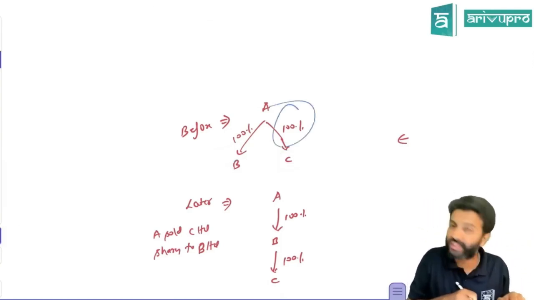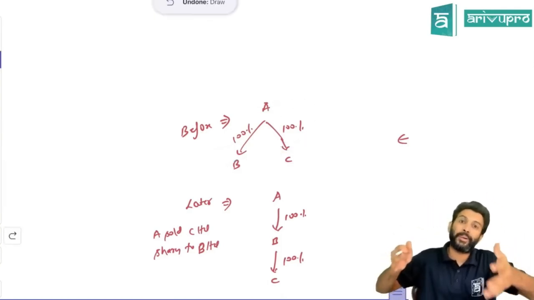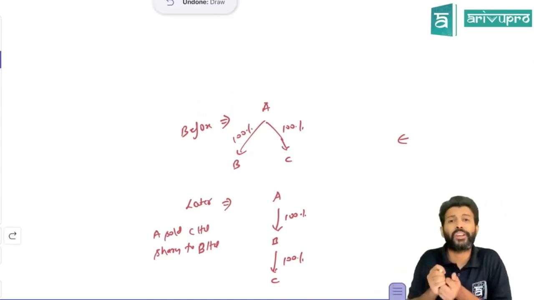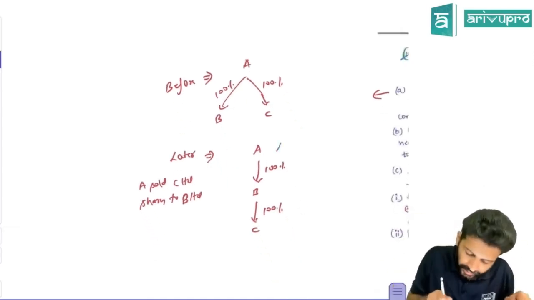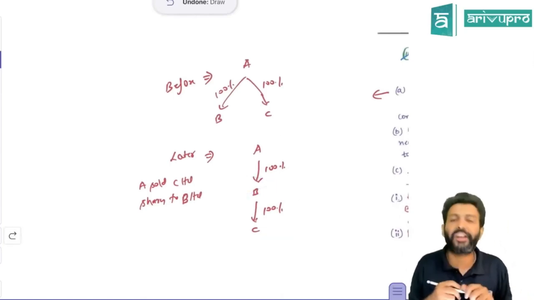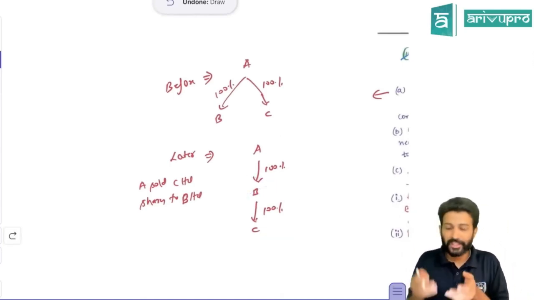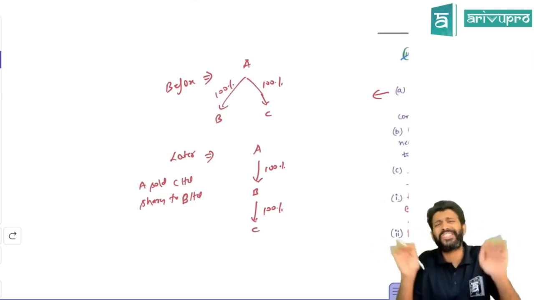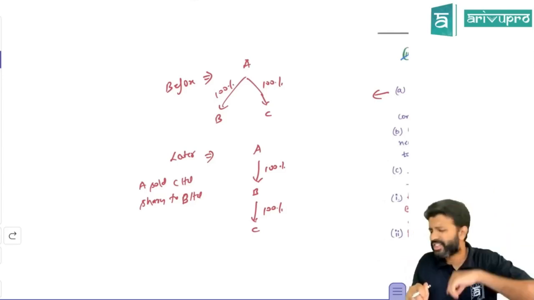Right now A had 100% in C, no? All that C Limited share, A Limited sold it off to B Limited. That means after reorganization, what does the flowchart look like? A has 100% in B, B has 100% in C. Correct? So now you really think over here: is this really a business purchase or just a reorganization? It is just a reorganization.